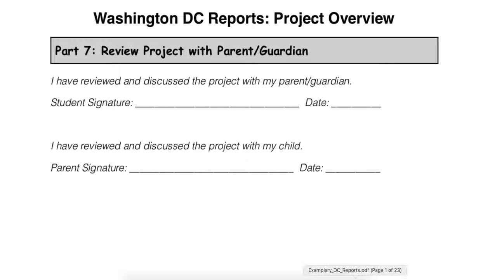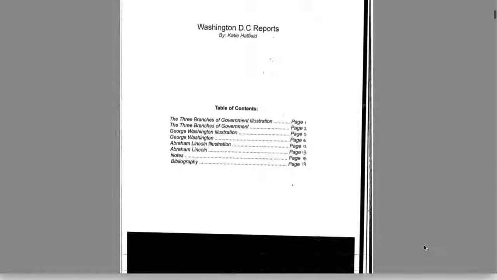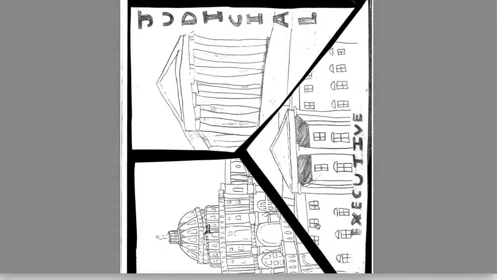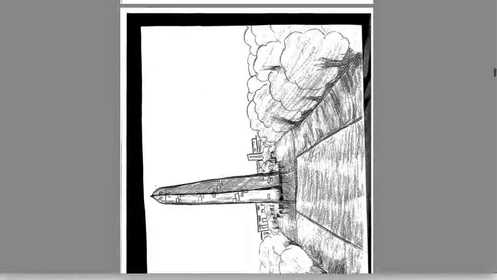I wanted to take a quick peek at what a Washington, D.C. report looks like. This is a PDF, so it doesn't really show all the color and splendor, but you have a cover page, you have a table of contents, and sometimes students decorate this. And then you have your illustration, and so this is obviously 3 branches, and then it goes right into the report on 3 branches. Now this particular student used double space, so the report takes up a heck of a lot more room than it should. It's, I think, 3 pages long. But that's what a report would look like.